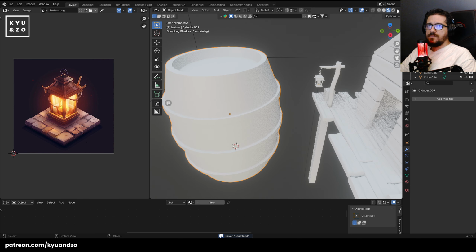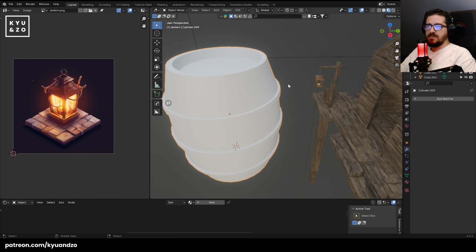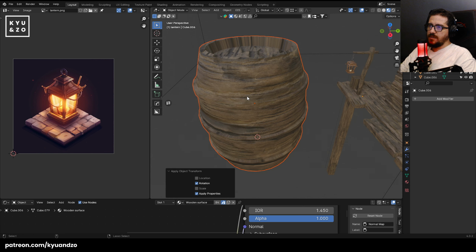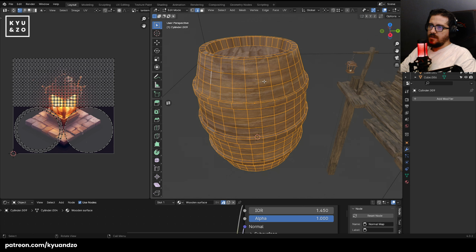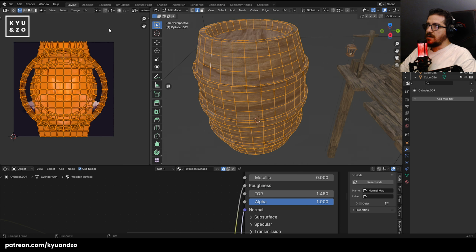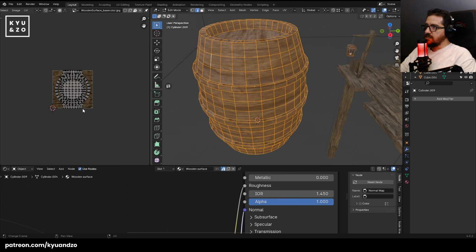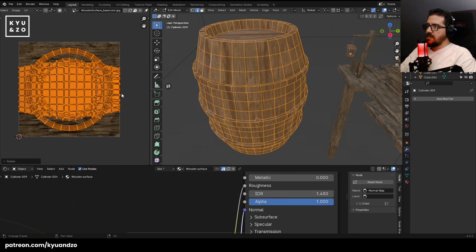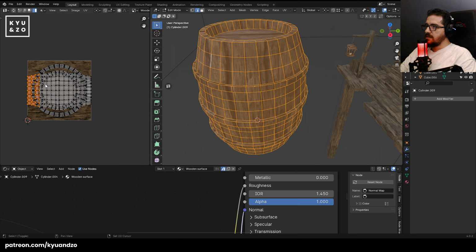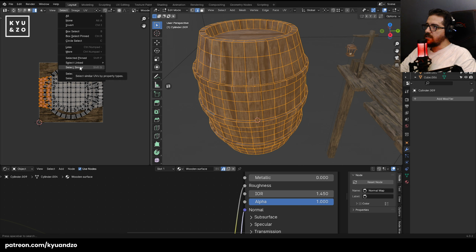So the solution will be so simple. I'm gonna link material here and apply scale, cube projection as always, like always, that's the same stuff. Wooden surface here, we have this. We're gonna rotate it. Of course, you can have a little bit different kind of taste here. You can just select that, and maybe you can change, select similar area